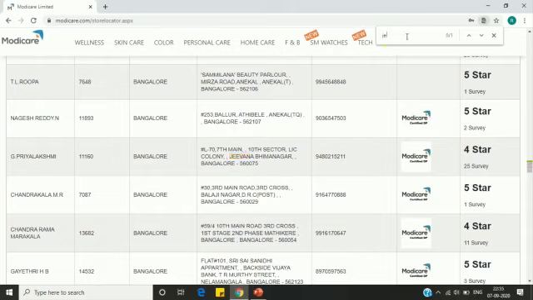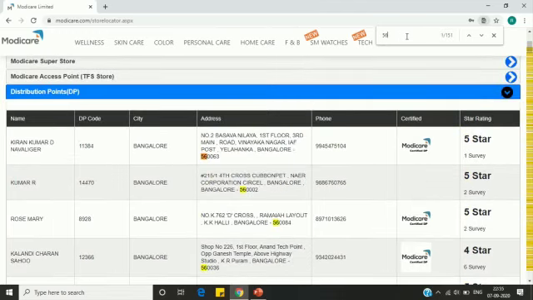Or if you know the pin code you are staying in, 560063, you can see one DP in 63. It means in this particular pin code there is only one DP.